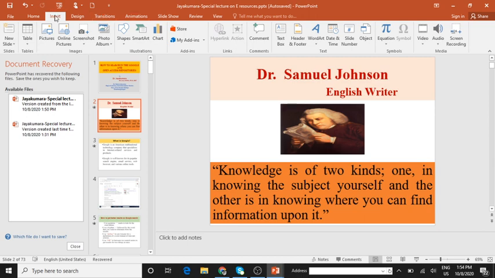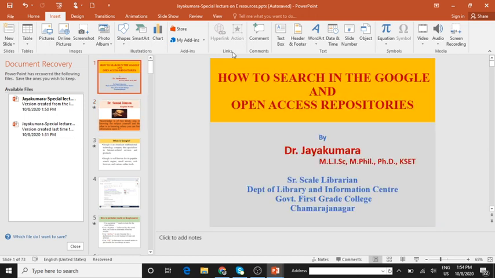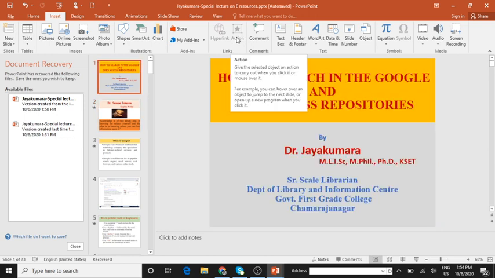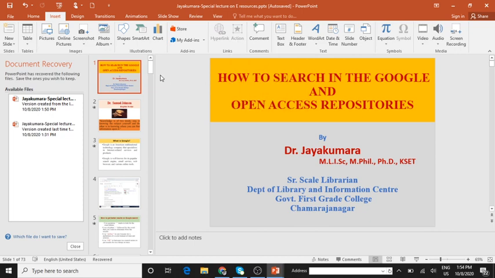In the Insert tab itself, in the Links group, you will have the Action command. So how can you do it? The Action Settings dialog will open up. You can choose to have your action start on a mouse click or a mouse rollover. To set an action with mouse click, select the Mouse Click tab in the Action Settings dialog box.